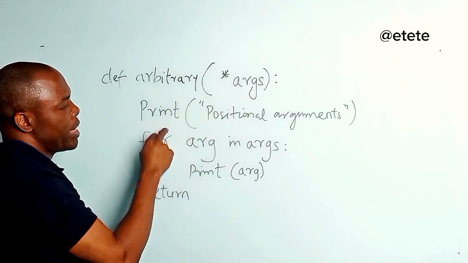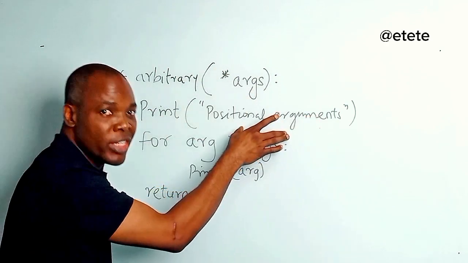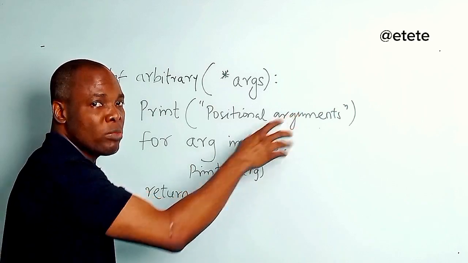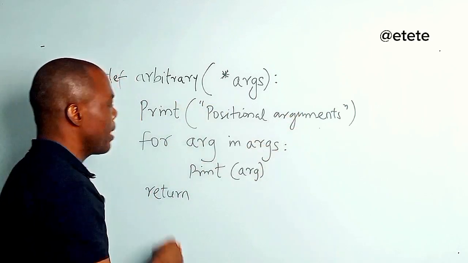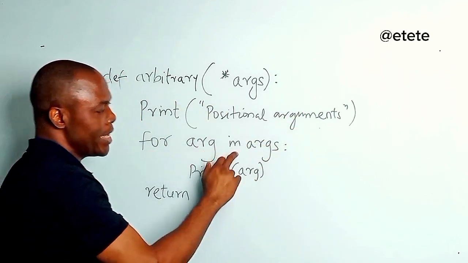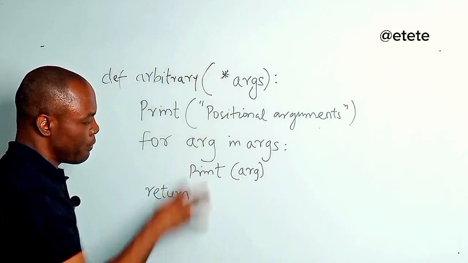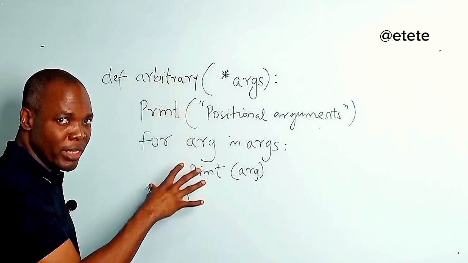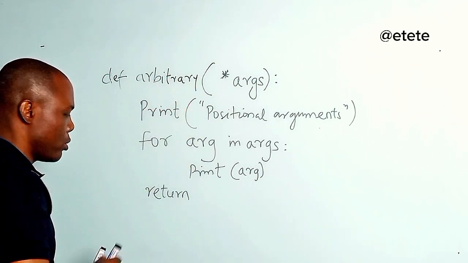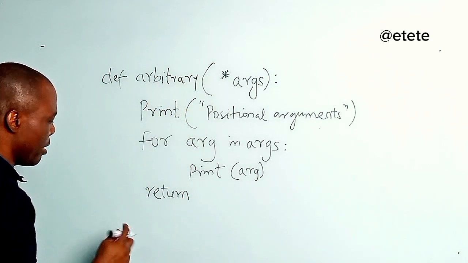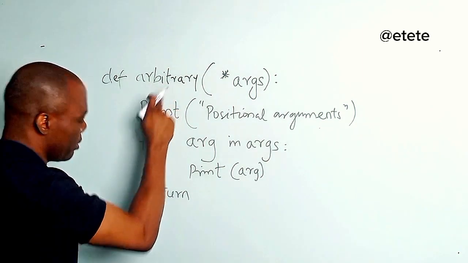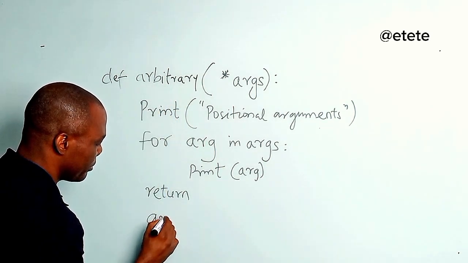Now I go in and I say print positional argument. So this is a string literal. I want this string literal to be printed out as my header. Then I will say for arc in args. So when I supply this argument, now this is my function that I've defined. Now let's call this function so that you will understand effectively what I'm saying. Now the function is arbitrary,